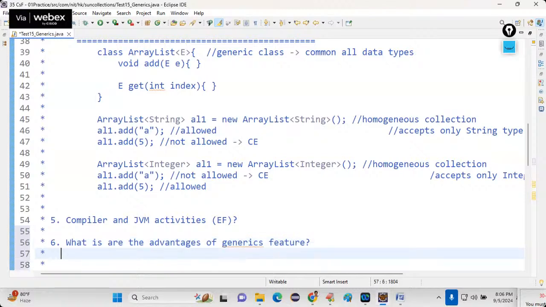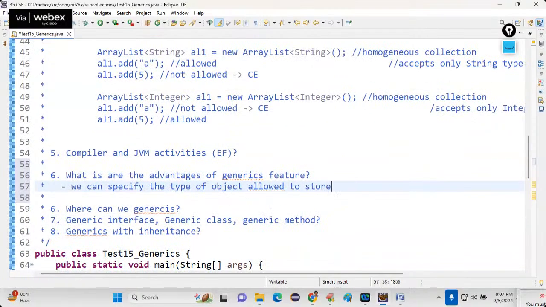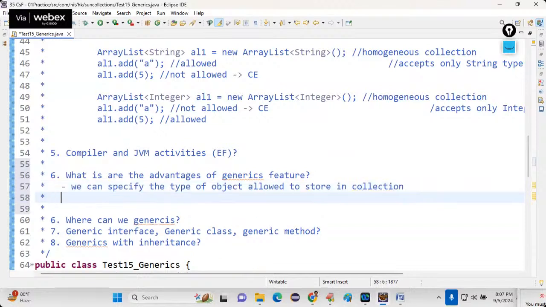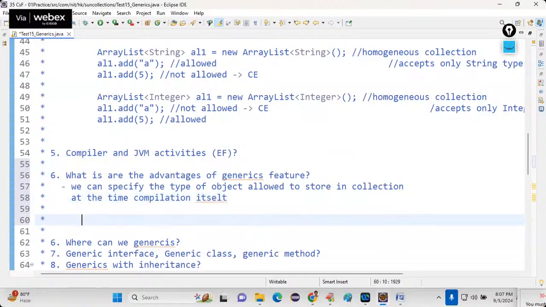We can specify the type to the compiler, which means we can specify the type of objects allowed to store in a collection at the time of compilation itself, so that at runtime